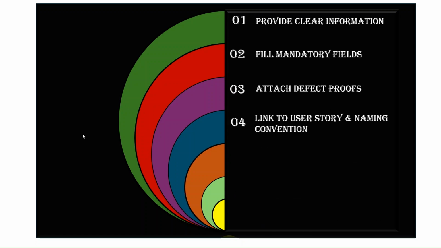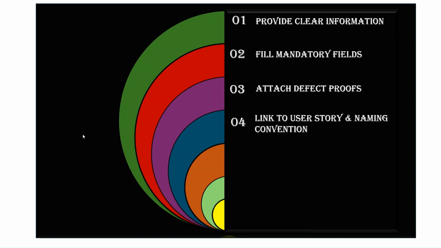The fourth point would be link to user story and naming convention. As already discussed, it's not only about creating a defect, but linking the defect to the user story is also really important. Next, naming convention. As I showed you, in the summary I was adding sprint one, then the particular module name, then the actual defect description, right?